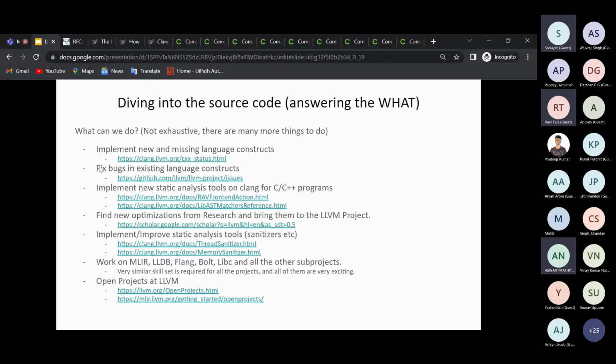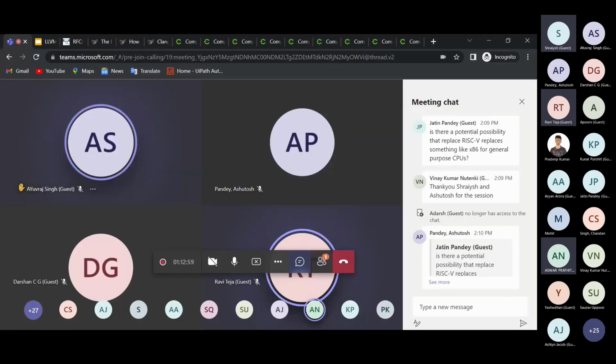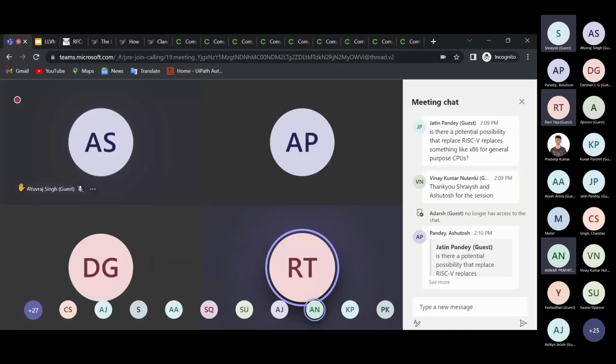And there are around 30,000 issues in GitHub for LLVM. You can pick up any one of those which you feel should not be very hard, and you can ask people how should I solve this. Once you figure out which sub project and which part of LLVM you want to work on, then just ask people how to work on this part, say this is my idea, this is how I was planning to do it, and can you give some advice, and they'll tell you.